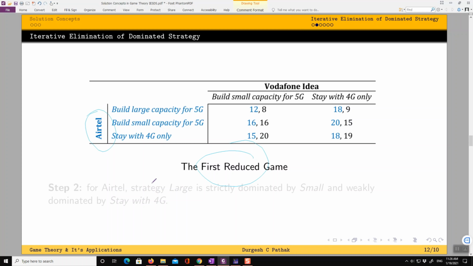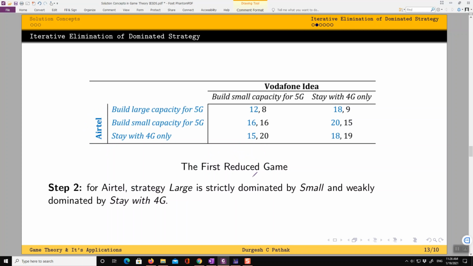So for player 1, again I am making a claim that large is strictly dominated by small. Large gives 12 for Vodafone and 18, compared to small that gives 16 compared to 12, 20 compared to 18.